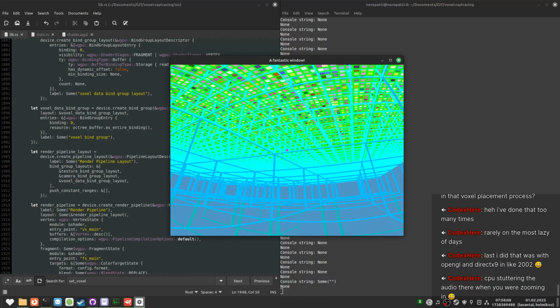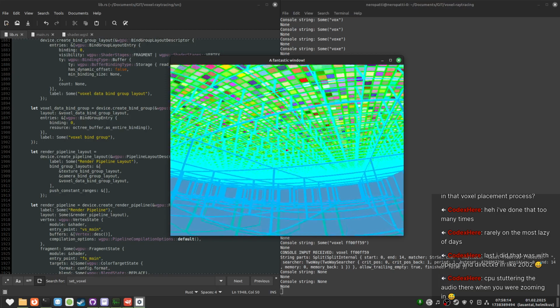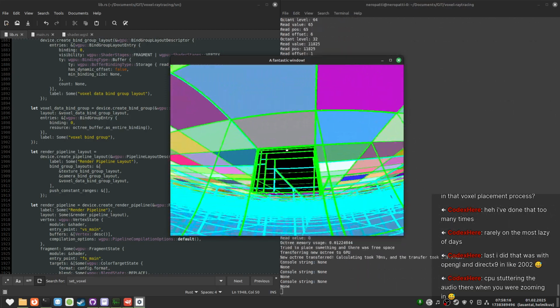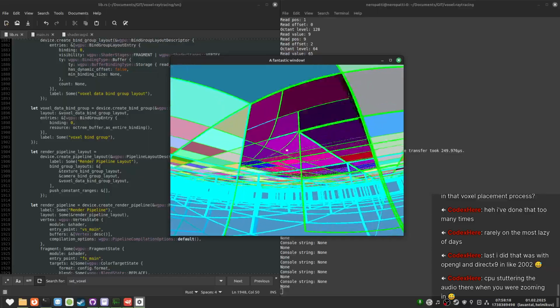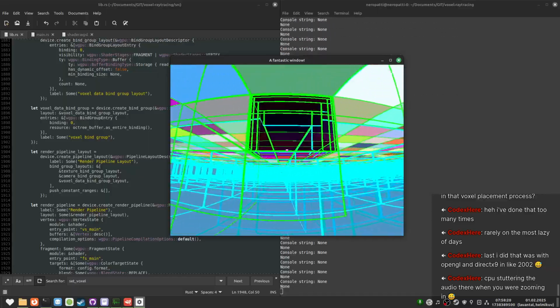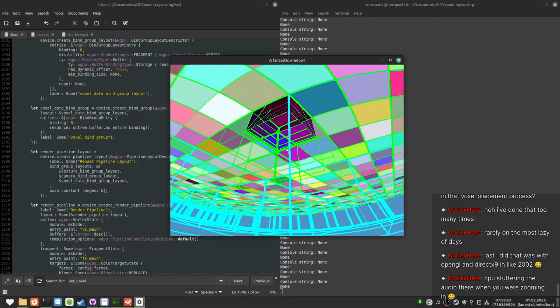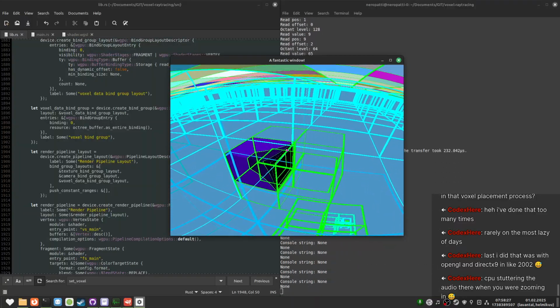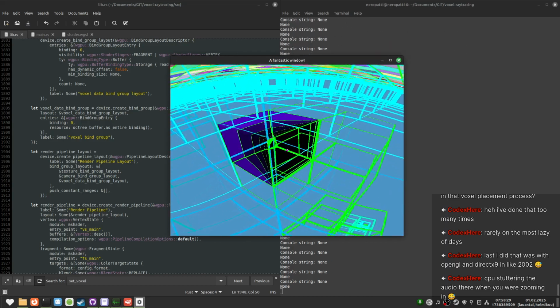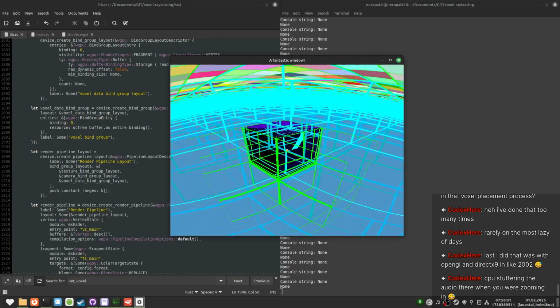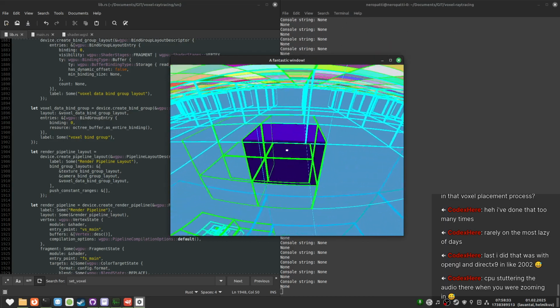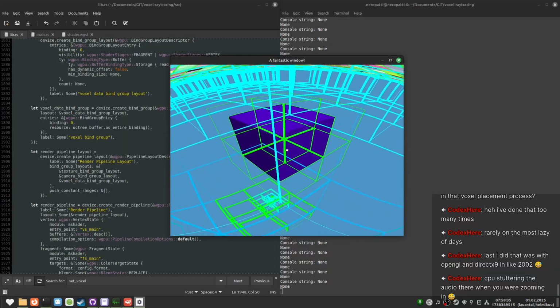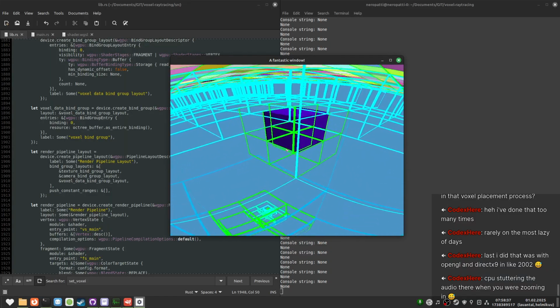Let me test the transparent voxels now. What is... That's awesome. Transparency is broken, but it shouldn't be this broken. There we go. It's like a hypercube at certain angles. That's so cool. From this side, it's good.